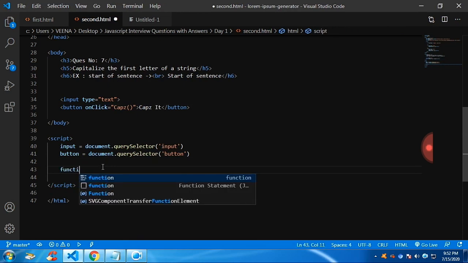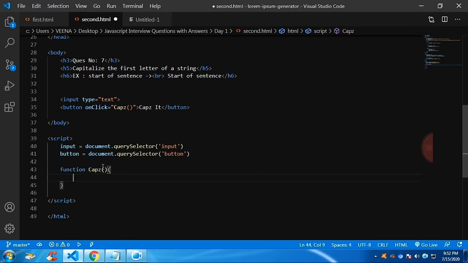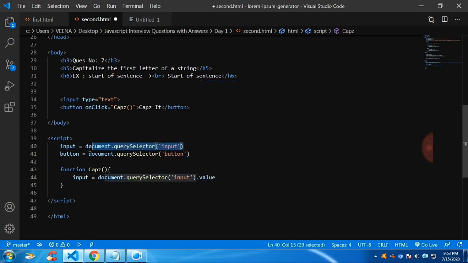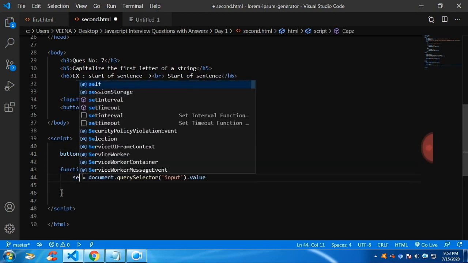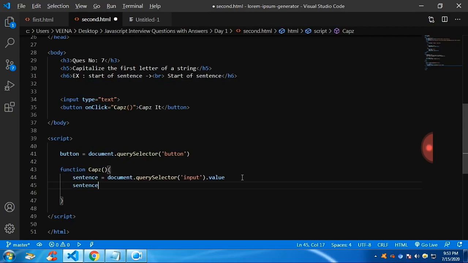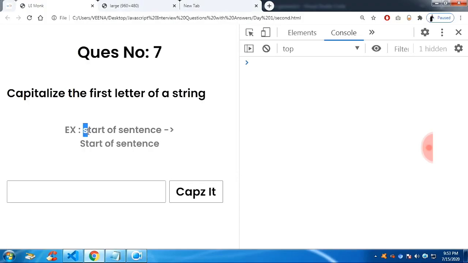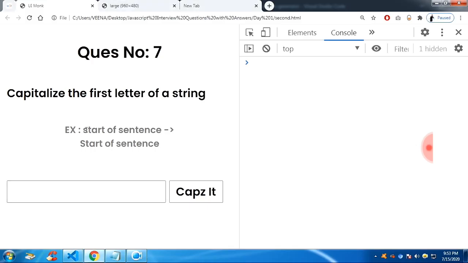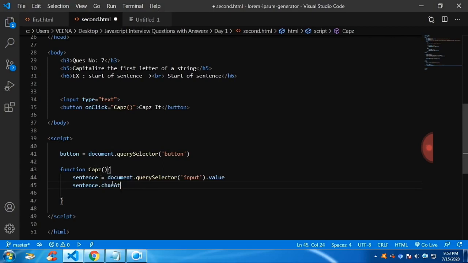So we are adding a property on click on the button. So let's define this function. Previously we have used a listener, now we are using the function. We are defining the function, and when I click on the button, I want this function to get triggered, and this function will simply get the input value and store it into a variable called sentence. And I want the first letter of the sentence. To get the first letter, I will be using the caret. We have already seen in the previous tutorial what the caret does. It will get the first letter,